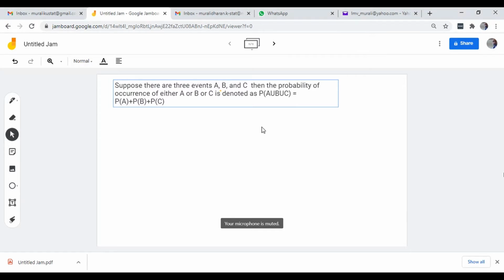Okay. So, minus P of A intersection C. How do you write A intersection? I will write. You just include P intersection in between. Otherwise, it's okay. P of A into B is same as A intersection B. Minus P of AC minus P of BC plus P of A intersection B intersection C. So this is the formula for three events.